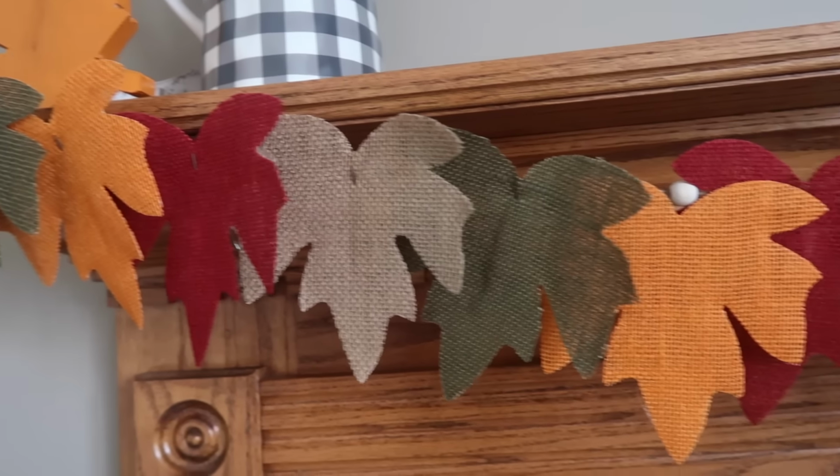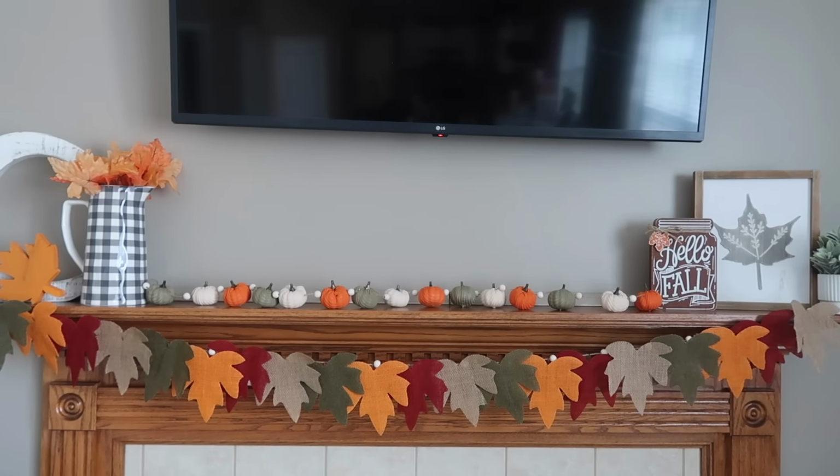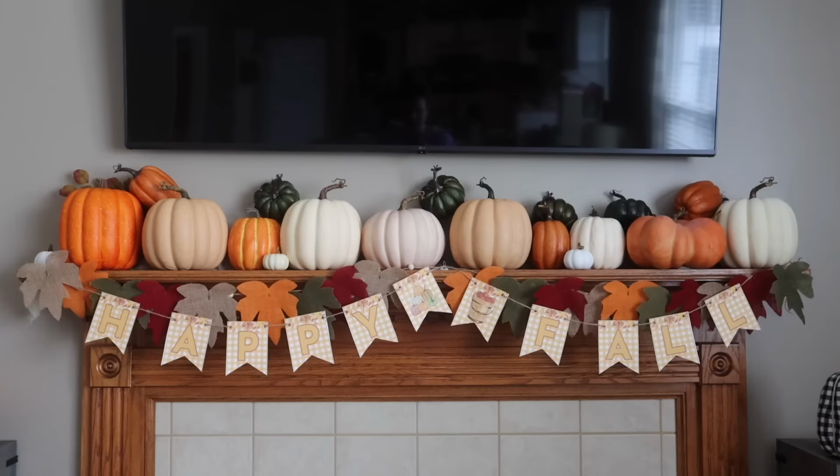What I like to do to add an additional element and texture to my garlands is layer them. So I'm going to layer these leaves with a Happy Fall banner, which is a free printable for you over